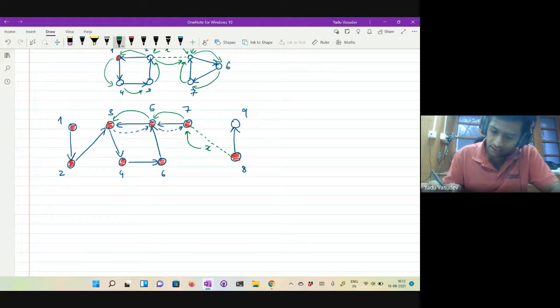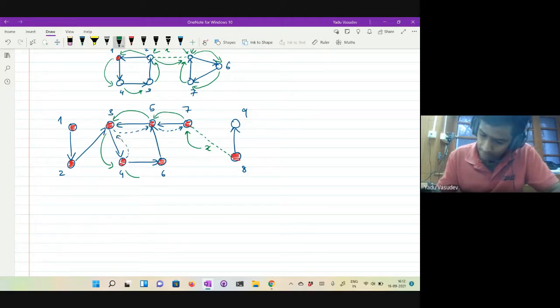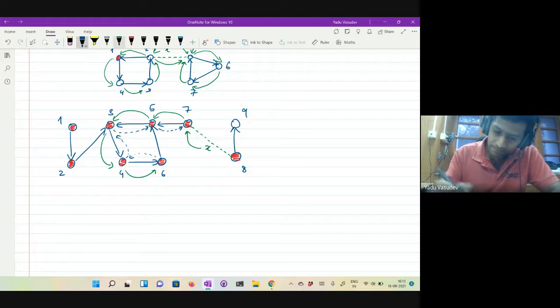Whatever was in 3, you push to 4, and this edge gets reversed. Whatever was in 4 gets pushed to 6, and then you reverse this edge. Whatever was there in 6 gets pushed to 5, and you reverse the edge this way, right?